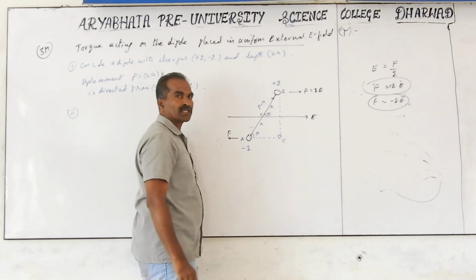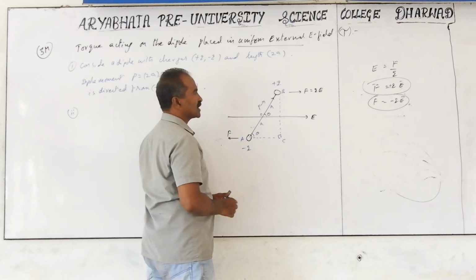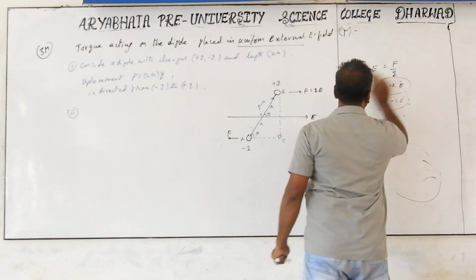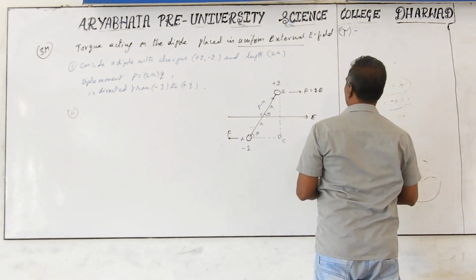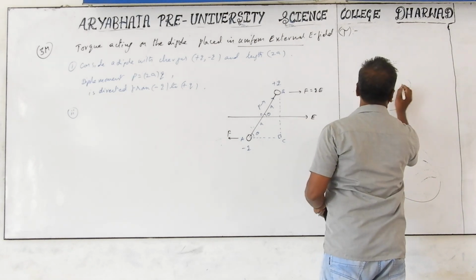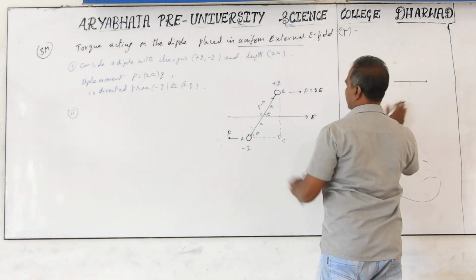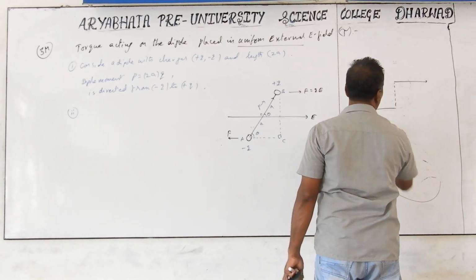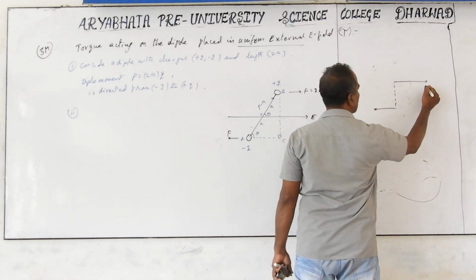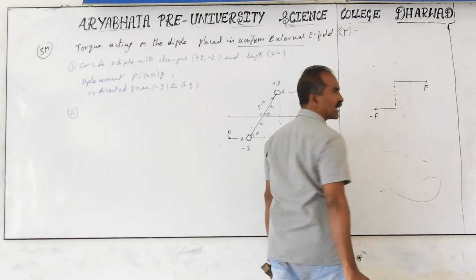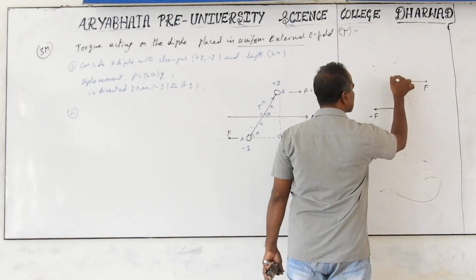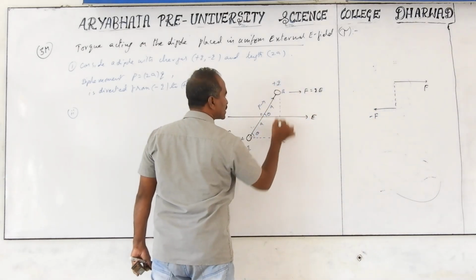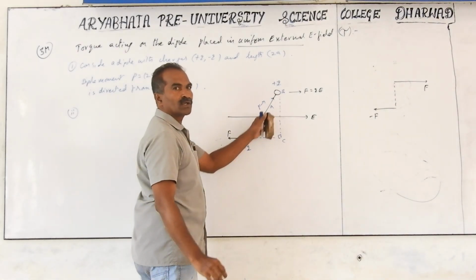The effect of a couple is rotation. What is the perpendicular distance between the two forces? The two forces are in opposite directions and act through different points of the object. One force, plus qE, is on the right side, and minus qE is on the left side. The perpendicular distance is the shortest distance between the two lines of force. Extending the lines like this and like this, BC is going to be the perpendicular distance between the two forces.